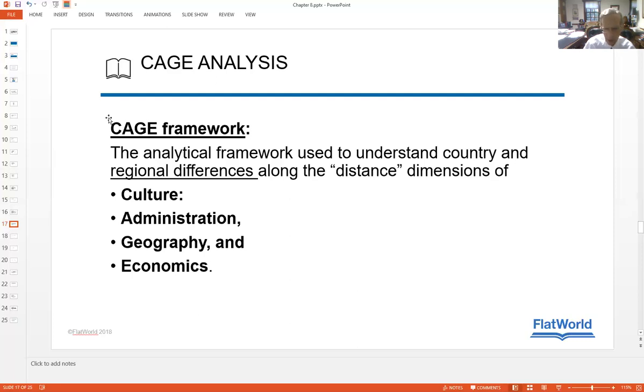And he proposes that there can be a long distance or perhaps a short one between your home country and the intended destination in terms of culture, the administrative or paperwork, regulatory requirements that are required to do business across borders,